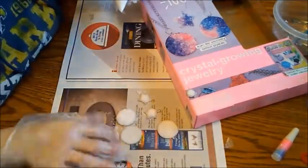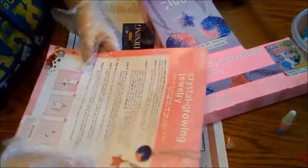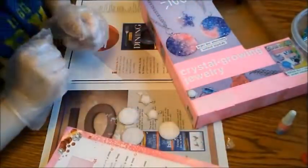Alright guys, I think that's pretty good, which is awesome. Alright, so that is done. Let's go back to the directions. And we just did step 3. Step 4, let your charm sit for 2 to 3 hours or until the glue has completely dried. So, we gotta let it sit, but looking ahead